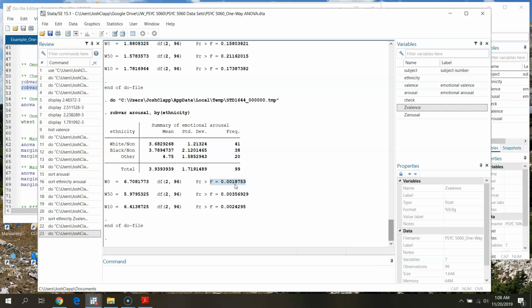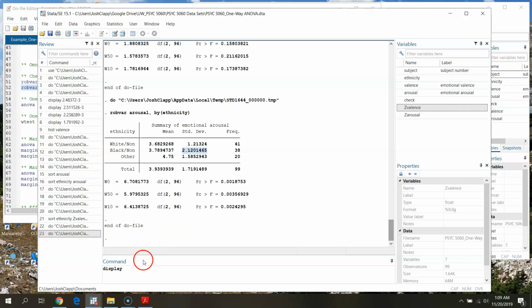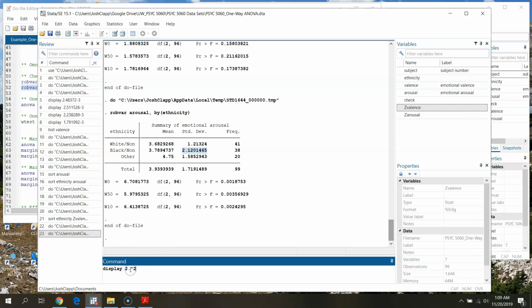indicating that we may have concerns with unequal variances across our white non-Hispanic, our black non-Hispanic, and our heterogeneous other group here. Okay. Again, if we take a look, it looks like our black non-Hispanic group is demonstrating the greatest level of variability. Here, we would note that this is standard deviation. If we wanted to get our variance here, we could hit display, and I think if we just copy that,